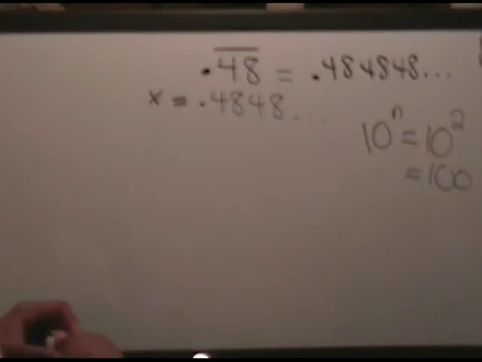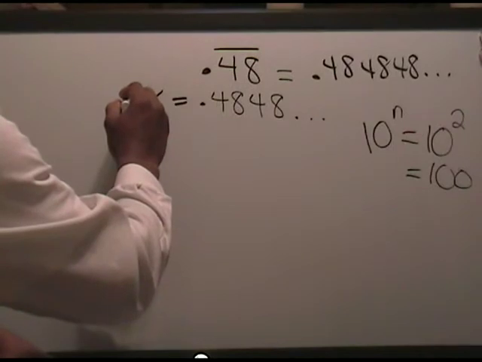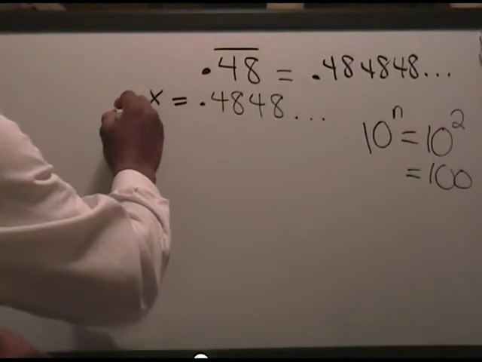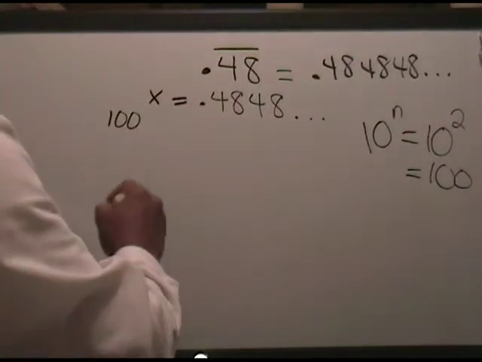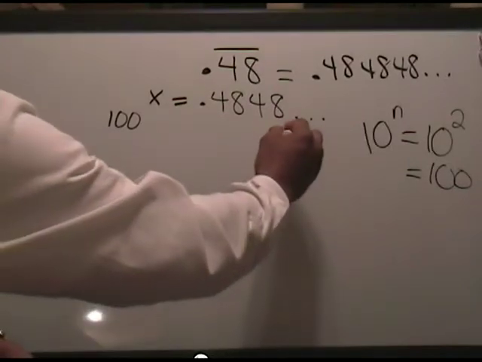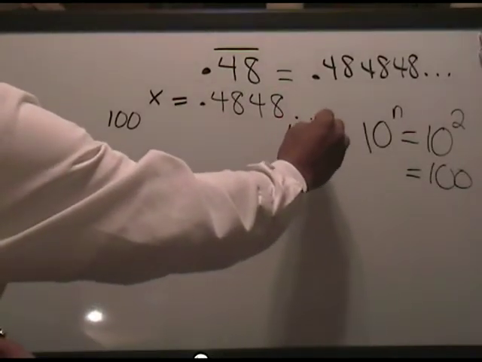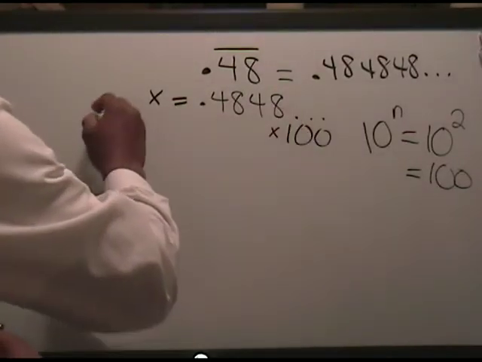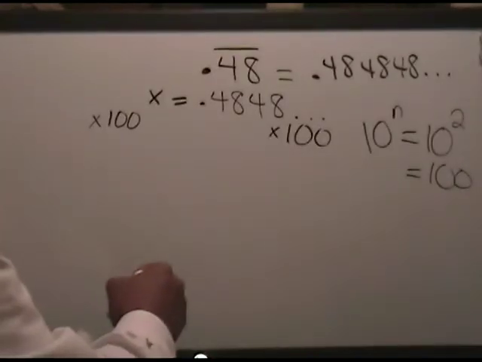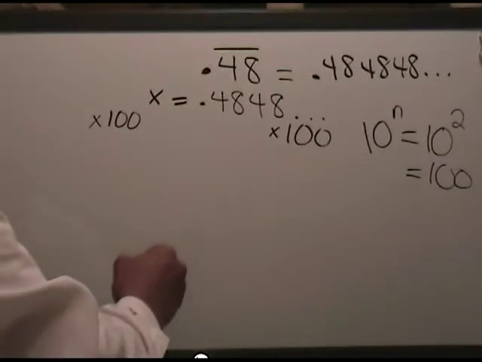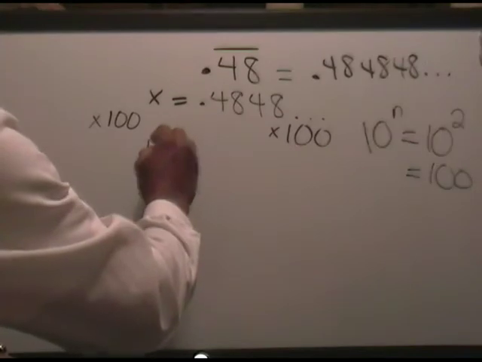So now we are going to multiply both sides of this equation by 10 to the 2, or 100. On the left side of the equation, we're going to multiply times 100, and on the right side of the equation, we're going to multiply times 100. And the resulting equation is going to be 100x